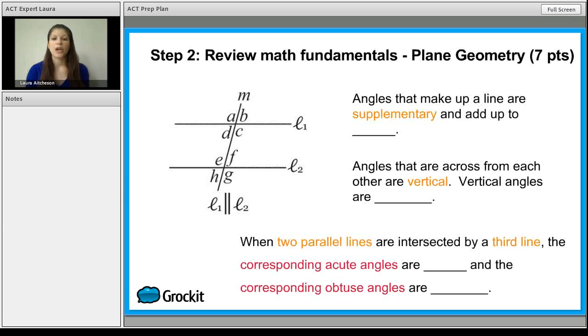Starting off with plane geometry, we want to know the math fundamentals that have to go with this particular concept. You don't want to skip over anything that is going to be an integral part of this particular topic. So one thing that you want to know, and this is an interesting thing, they don't actually talk about complementary angles, which add up to 90 degrees, but they most certainly talk about supplementary angles. Those always add up to 180 degrees, which gives you a straight line. And the reason why it does that is because if you draw it, you wind up with a half a circle. So for example, A and B are supplementary, so when you see that arc, that makes sense, it's a